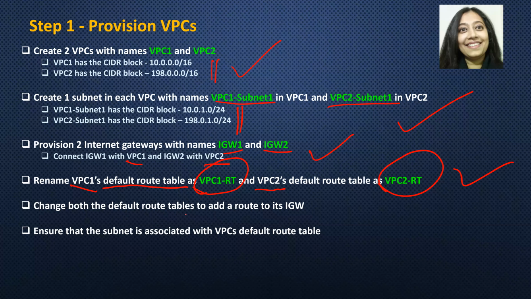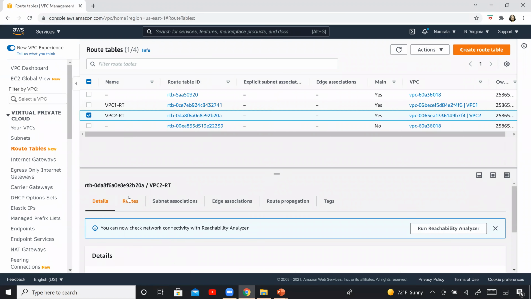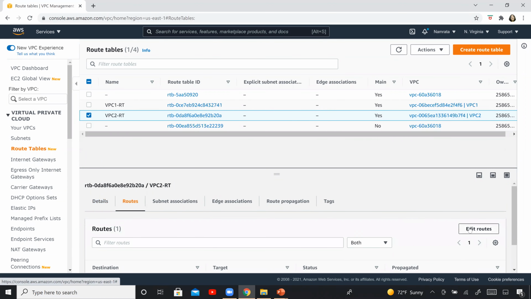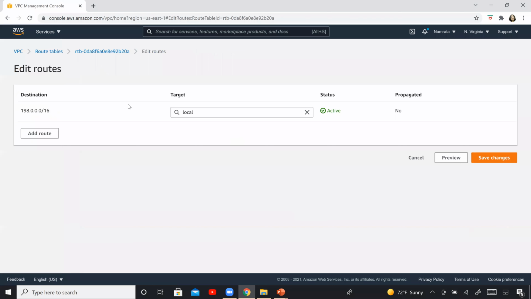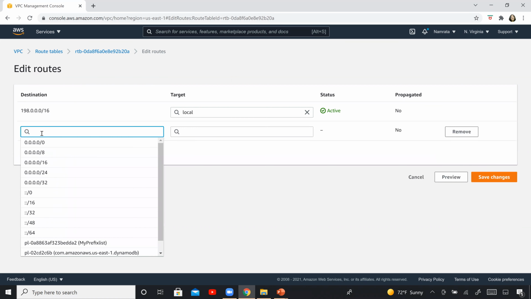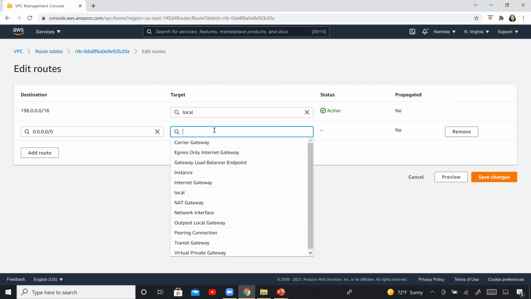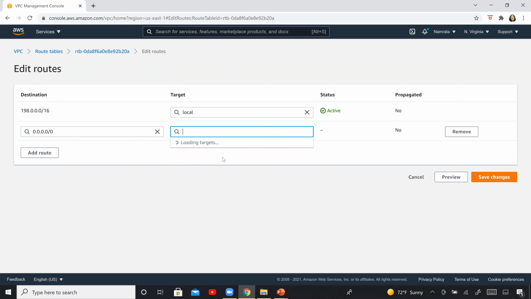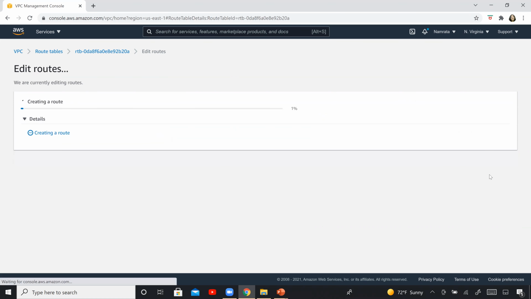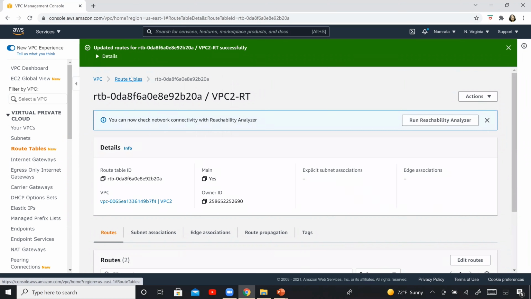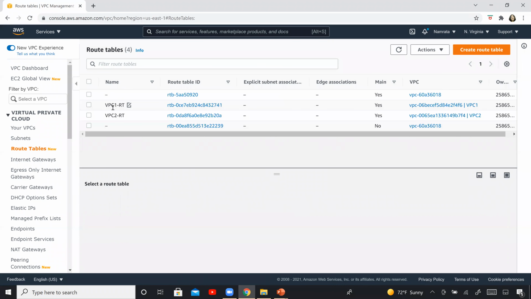Change both the default route tables to add a route to its internet gateway. So let us do that. So routes, edit routes. This is VPC2's route table. So add a route. This is a default route. Target is going to be internet gateway. This is our internet gateway, and save changes. So we modified our VPC2's route table.